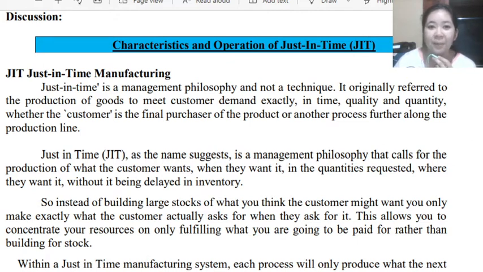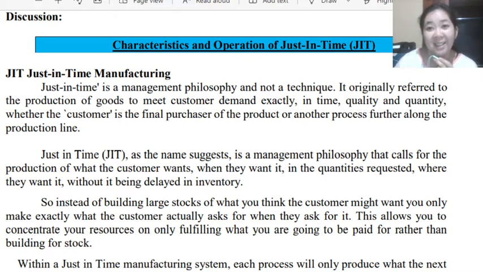As the name itself suggests, just-in-time calls for the production of what the customer wants when they want it, in the quantities they requested, where they want it,